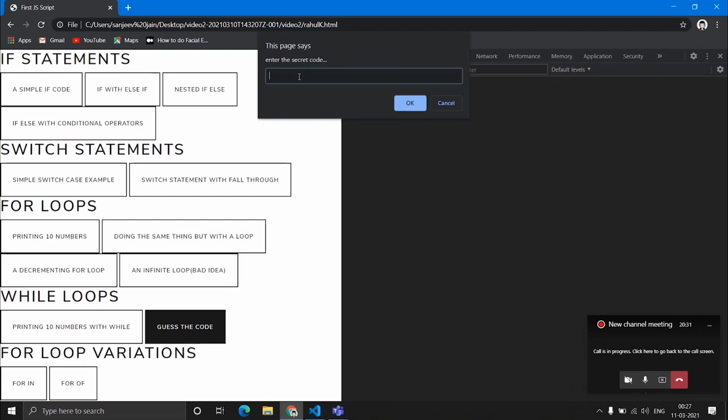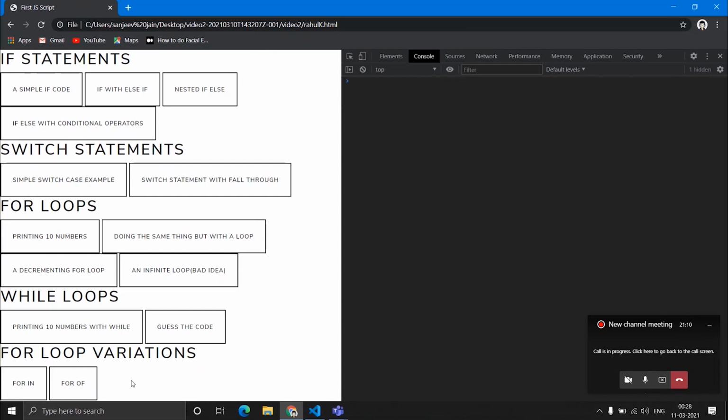Now I'll try entering some random stuff like script. We reached inside the while. Now again, I'll keep on typing different values. The loop will keep on running infinite times, but when I put ISTE over here, the loop gets terminated. See, it gave us an alert that we are now outside the while loop and our loop got terminated.